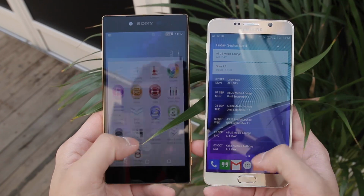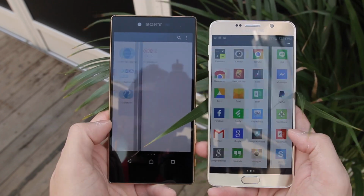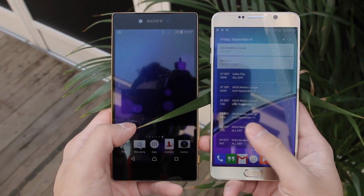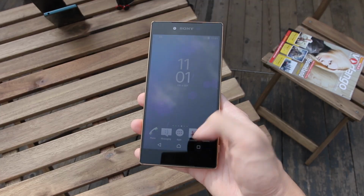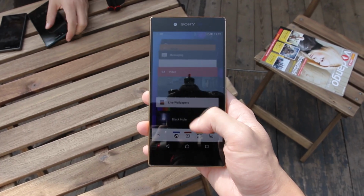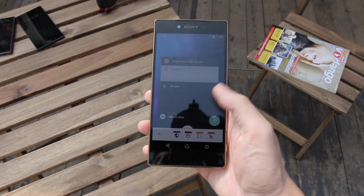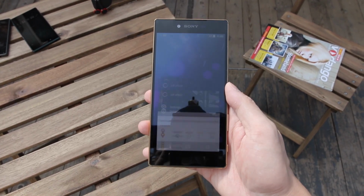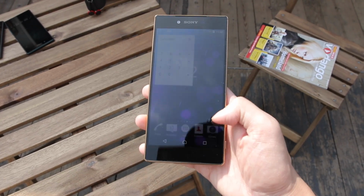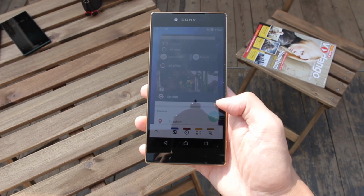In terms of the software, both the Z5 Premium and the Note 5 are running on Android 5.1.1 Lollipop, but the experiences are very different. On the Z5, you have a more close to stock experience with the Xperia UI, which doesn't really add too much to the Lollipop experience. So a lot of the material design elements that you find in Lollipop are mostly intact, but there are some software features that are integrated into the Xperia UI that many people will enjoy, like the small applications for multitasking